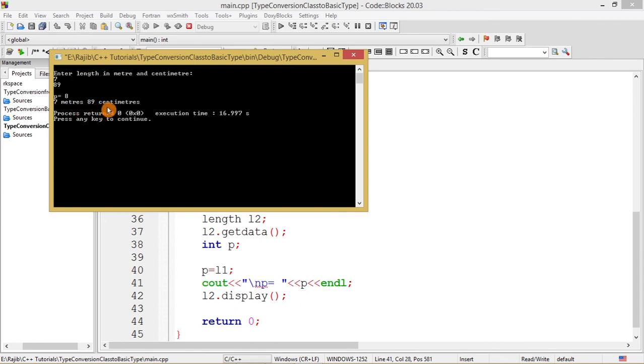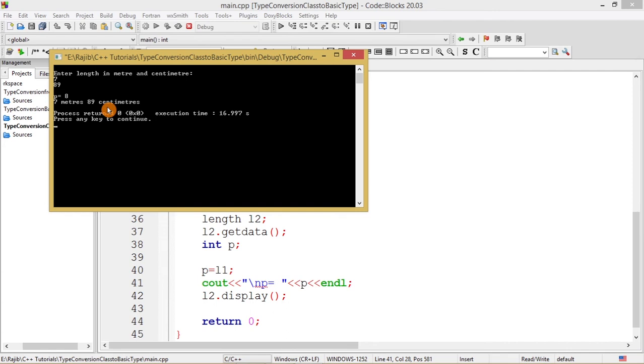So in this program we have seen how to convert an object to a particular integer variable, that is, how to convert a class data type, here the length data type, to another predefined or built-in data type, in this case an integer, by the use of the operator function.